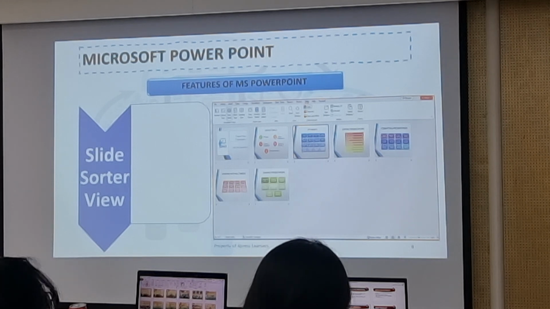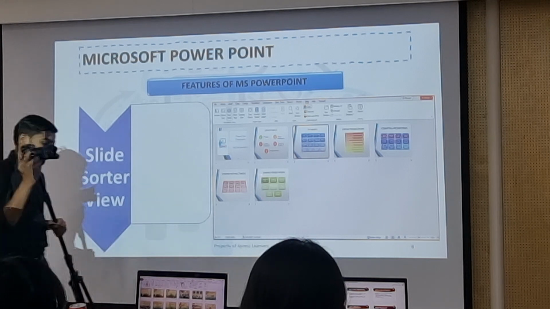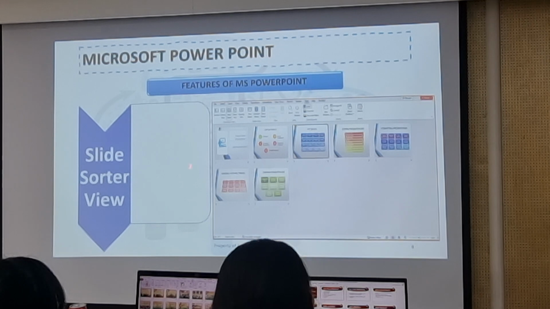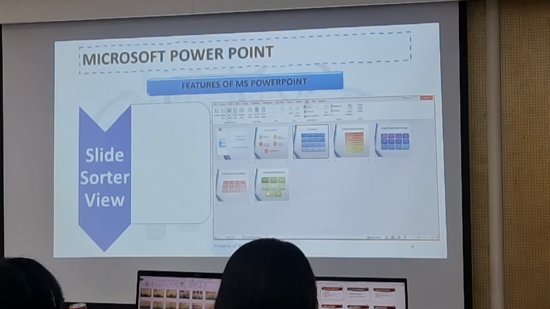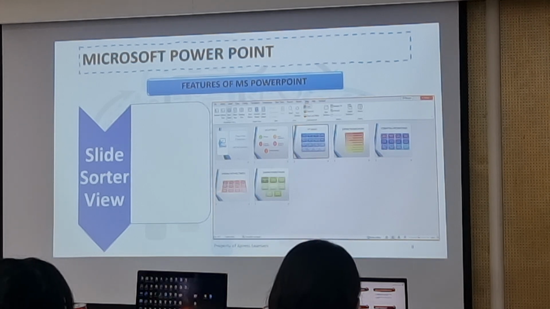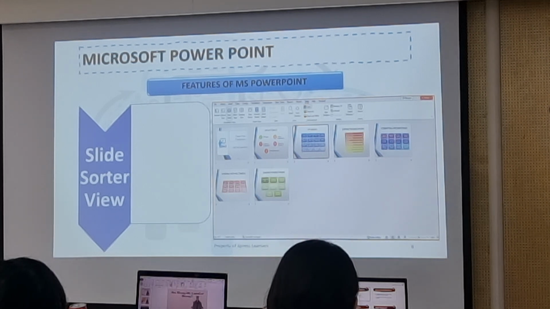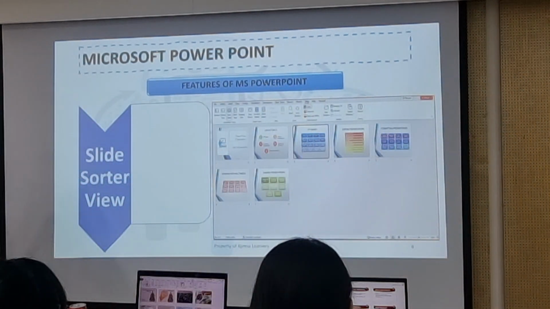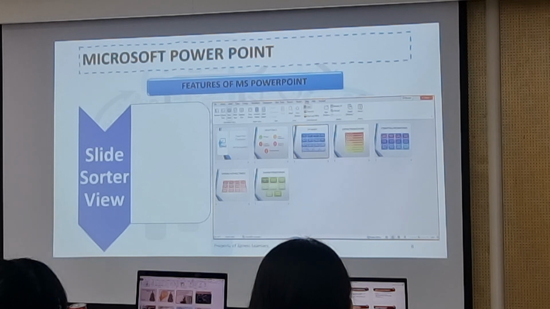Guys, listen to this. Wasim is saying all the slides come in front, right? Like this. Now please try to change 6th to 2nd, 3rd to 6th, 5th to 6th. Please click and drag and move the pages. Move the order of the slide. You will be able to see how you can do it so